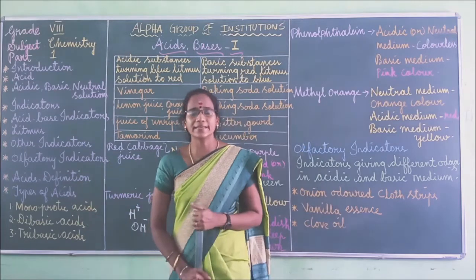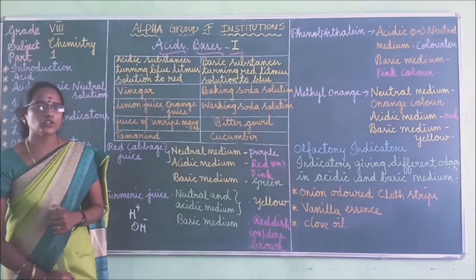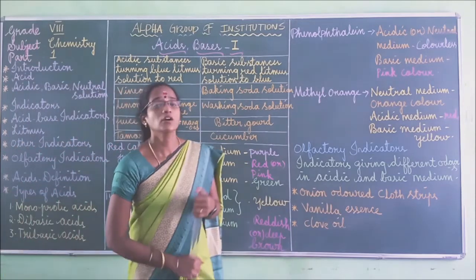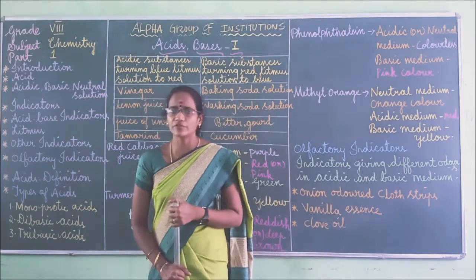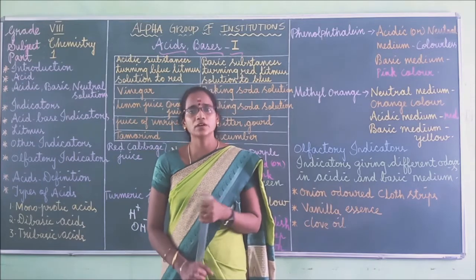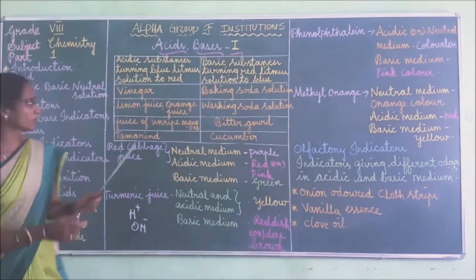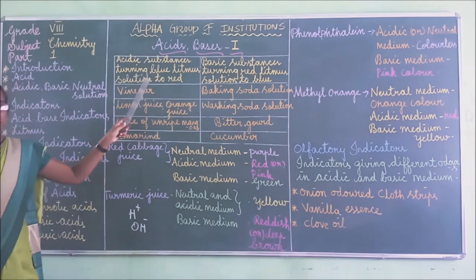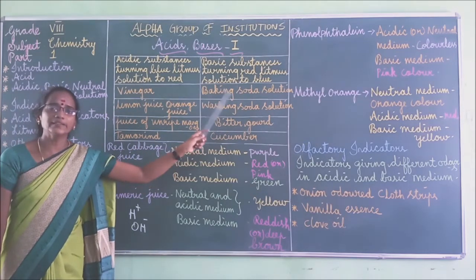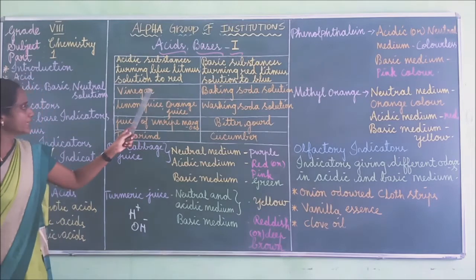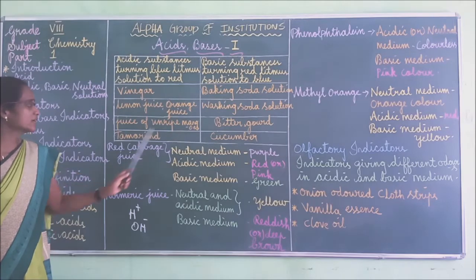Next, other indicators. Apart from litmus, other indicators that we use are methyl orange indicator, phenolphthalein indicator, red cabbage juice, and beetroot juice. These are some of the indicators which we use in our day-to-day life. Another indicator: look at this tabular column. On the left hand side some acidic substances are given, and on the right hand side basic substances are given. Vinegar, lemon juice, orange juice, juice of unripe mangoes, tamarind,